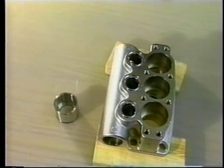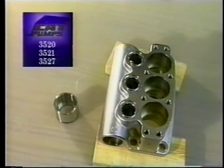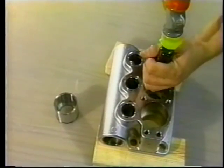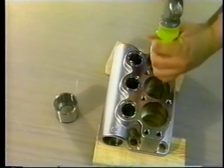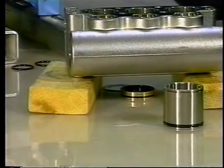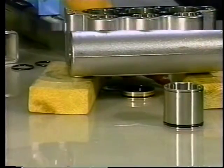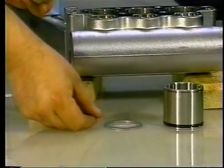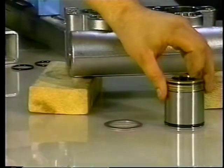To service the low pressure seal, place the inlet manifold on blocks, keeping the crankcase side down. The low pressure seal is housed in the inlet adapter, which is then placed in the inlet manifold chamber. Using a screwdriver, tap on alternating sides of the washer to drive out the washer and the inlet adapter with low pressure seal. Separate the washer from the inlet adapter. Then place the inlet adapter on the V